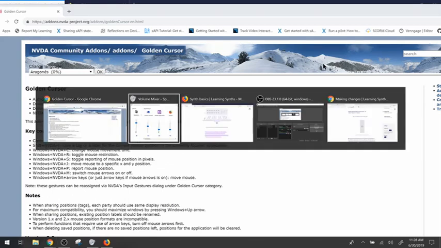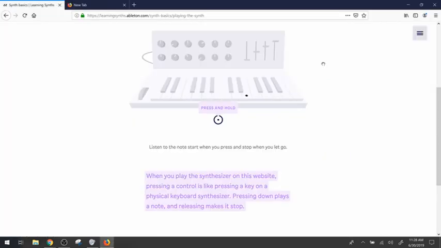Volume mixer speakers, Logitech USB headset, synth basics learning synths Mozilla Firefox, synth basics learning synths document, visited link www.ableton.com, unknown cursor. Okay, so that's that unknown cursor again. I guess that's the hand. What happens if I